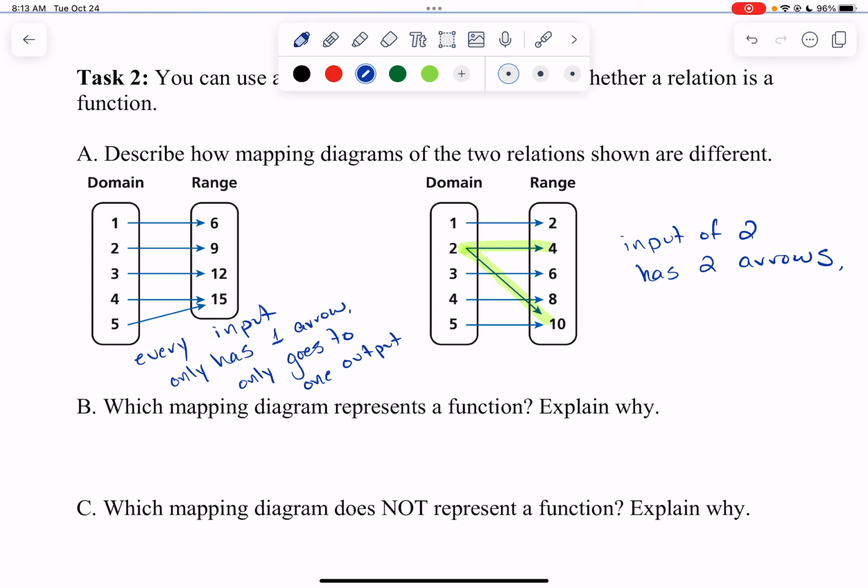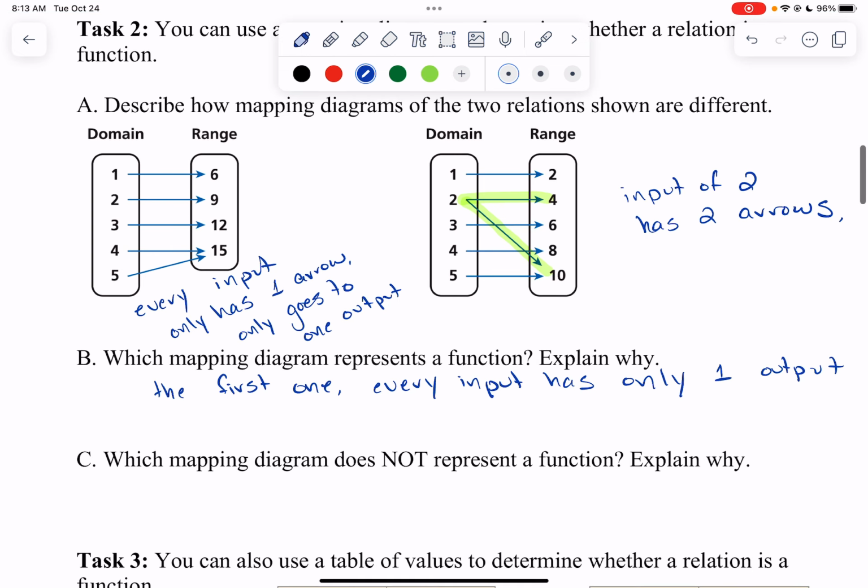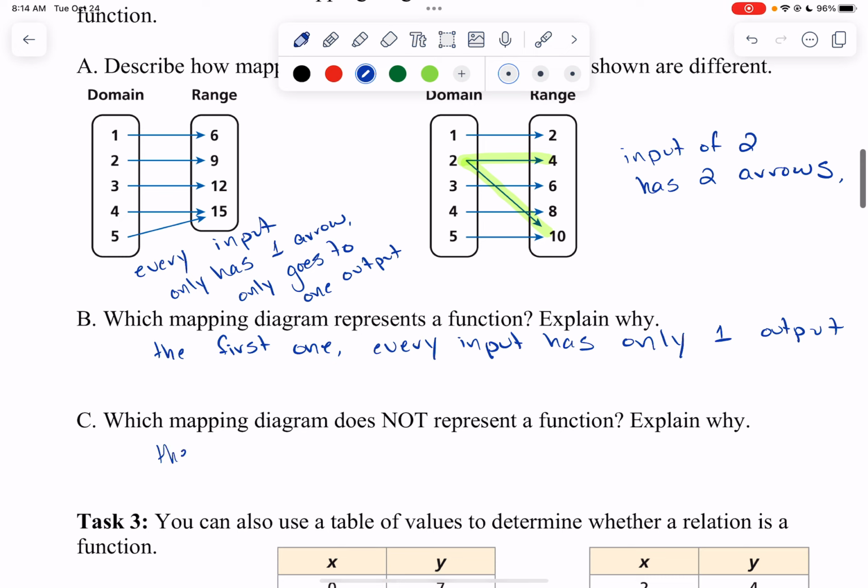So which mapping diagram represents a function? Explain why. The first one. Why? Every input has only one output. Okay, so then that means the second one is not a function,